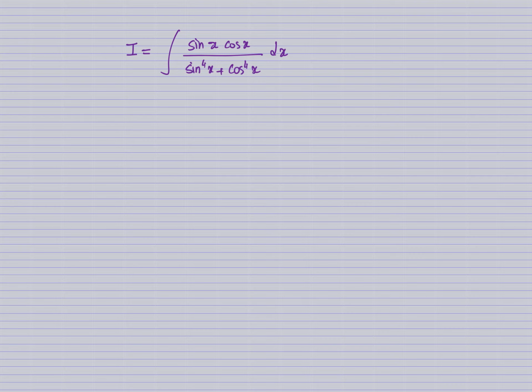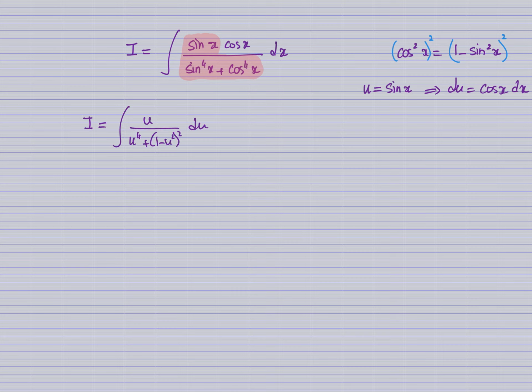We want to compute the following integral I. Now, using the Pythagorean identity cosine square x equals 1 minus sine square x, we see that the integrand is a function of sine multiplied by the derivative of sine, which suggests the substitution u equals sine x. Now, using this substitution, our integral I becomes,